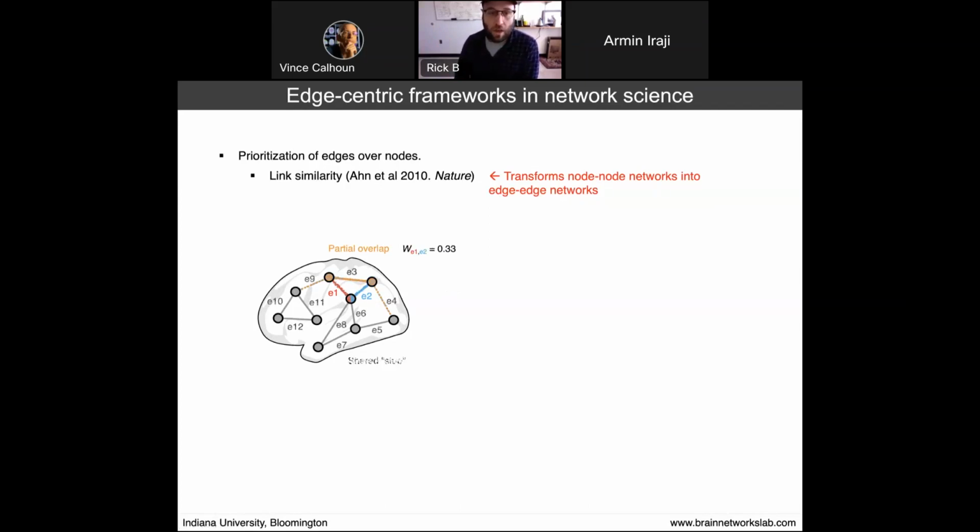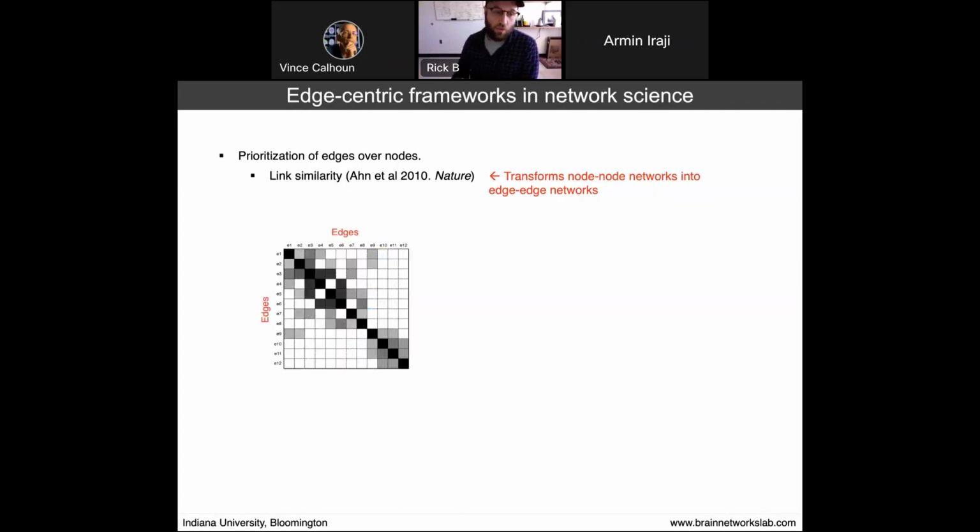It's a Jaccard index. If you do this for all pairs of edges, what you end up with is an edge-edge network. So now the rows and columns don't correspond to nodes in this connectivity matrix, but to edges. One of the interesting advantages of this approach is that when you cluster an edge network, you're assigning the connections to communities, to modules, so that from the perspective of a given node, it maintains affiliations with multiple communities. The communities of its edges determine its participation in any one of these red, green, or blue communities.